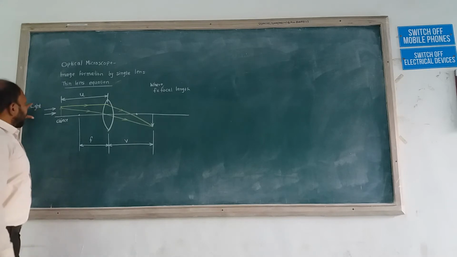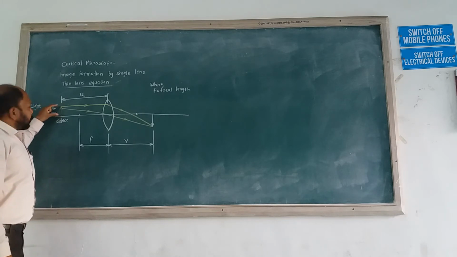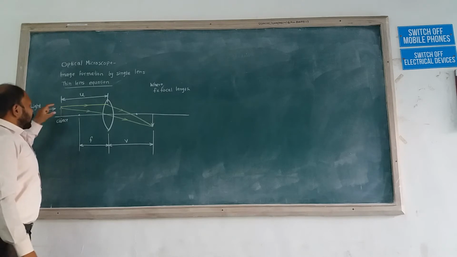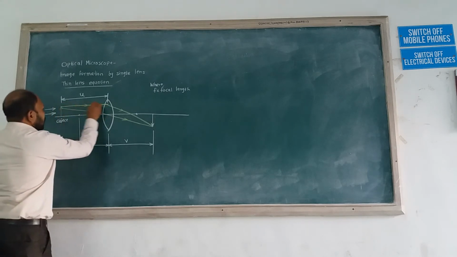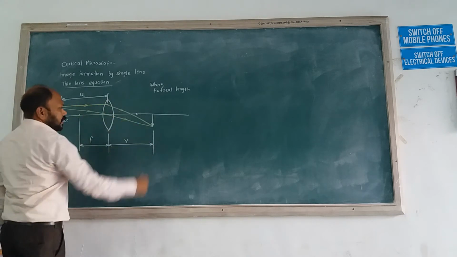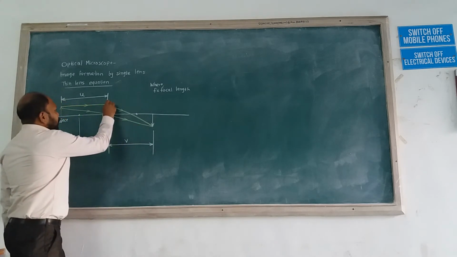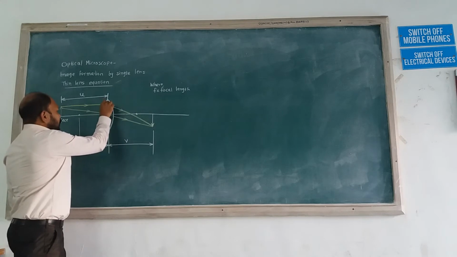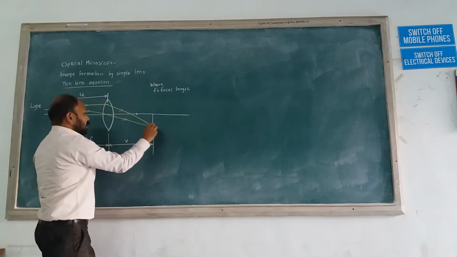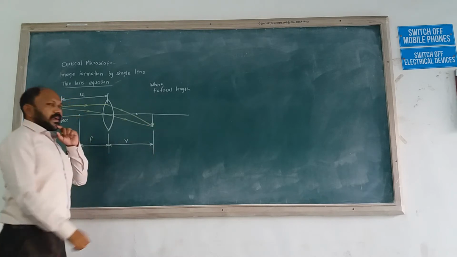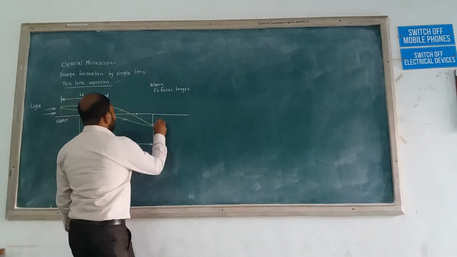If light falls on the object, it reflects and transmits in this straight direction as well as in an inclined direction. After entering through this lens, it gets inclined, and here we get the image,